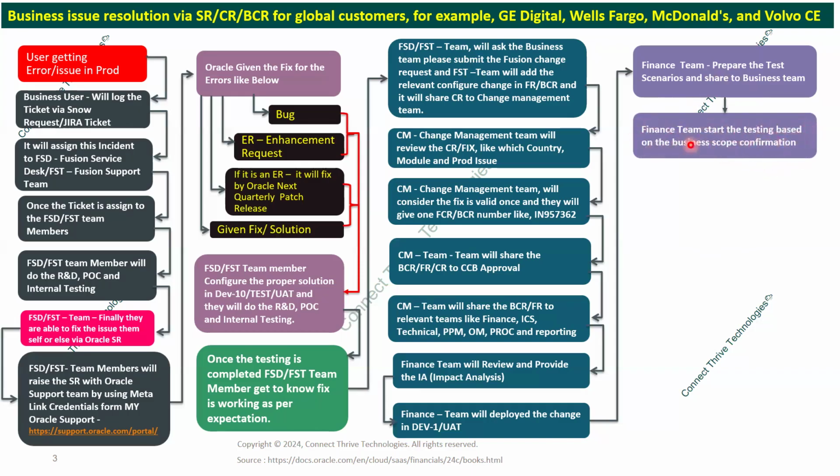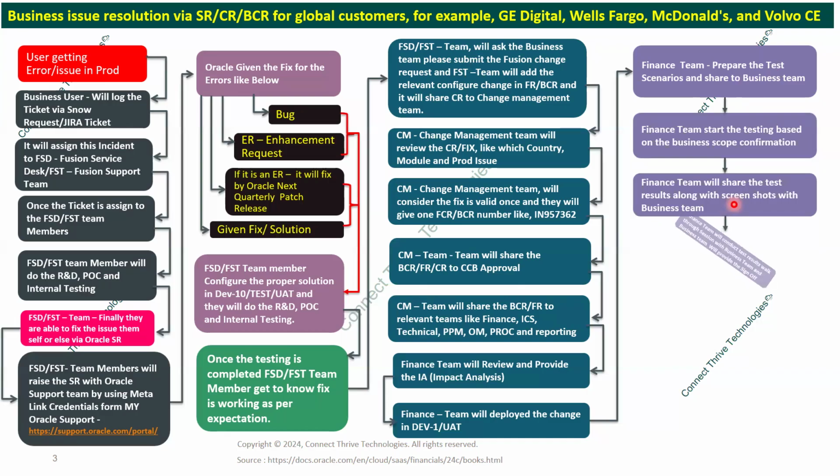The finance team member will start the testing based on the scope confirmation. Once the testing is done, the finance team will share the test results along with the screenshots with the respective business user. Once we share the test results along with the screen prints, if it is a small change, then by seeing the screenshots and the process document, the business team will approve and provide the sign off